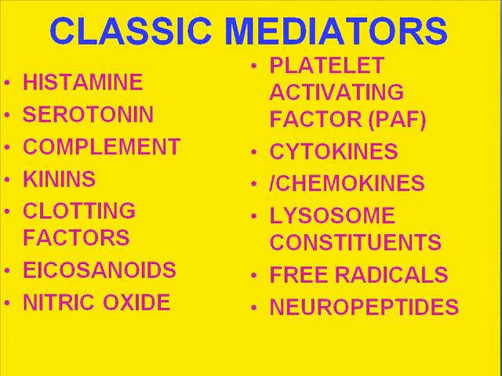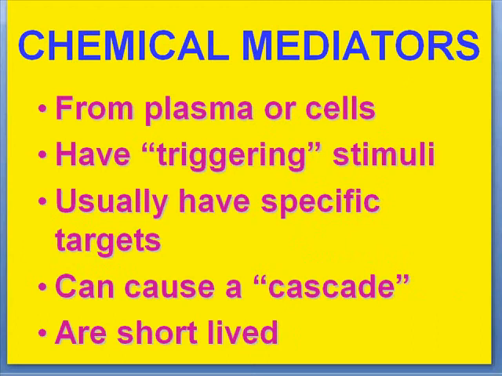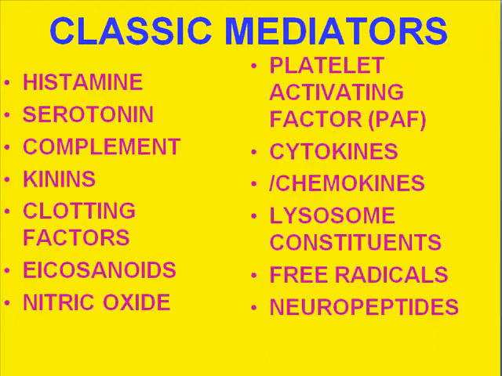We already talked about the common points over here. Now, let's talk about them individually. So let's talk about histamine, serotonin, complement, kinins, clotting factors, eicosanoids, nitric oxide, PAF or platelet activating factor, cytokines, chemokines, lysosome constituents, free radicals, and neuropeptides. Let's talk about them and try to fit them in logically, which is going to be tough, in their role